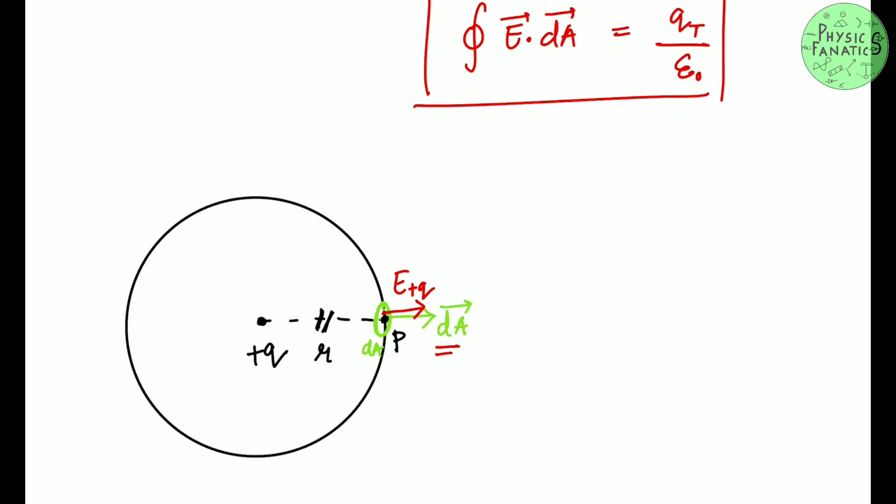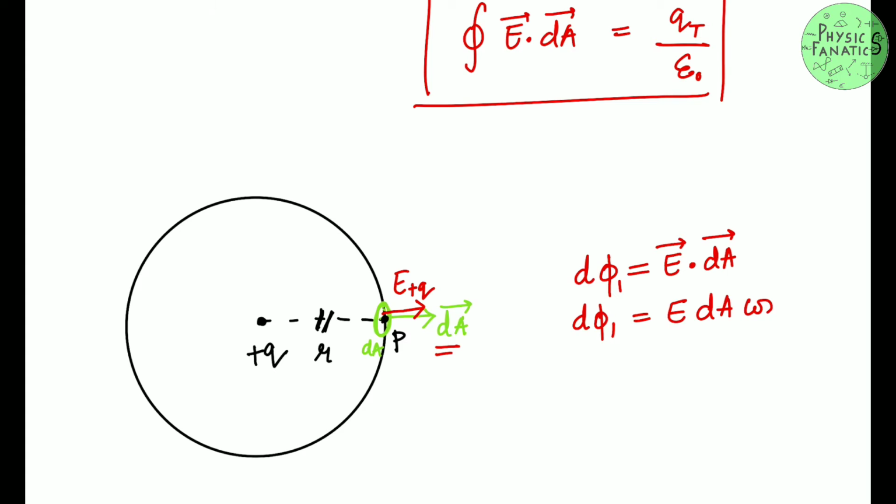Great. So I can write the flux for that small surface, for that small area. How can I write it? Because it is a small area, a small flux will come out of it. The small flux will simply be given as E vector dot dA vector, the small area vector. Let me call it d phi 1, because I'm talking about only one surface. d phi 1 will be equal to E dA cos theta, where theta is the angle between the area vector and the electric field.